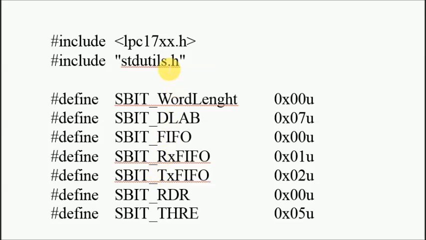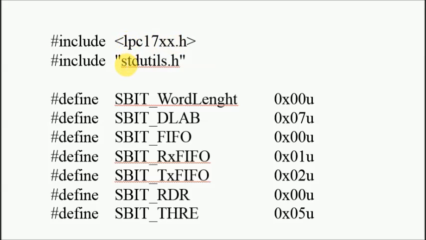First we have to include the header file LPC17xx.h. Along with that, we have to include one more file, that is stdutils. The stdutils are very important in this case because many functions available in stdutils are used in this program. If this file is not available in the Keil compiler version you are using, then download it from the internet by typing download stdutils.h, and add it into your header folder where this file is available.